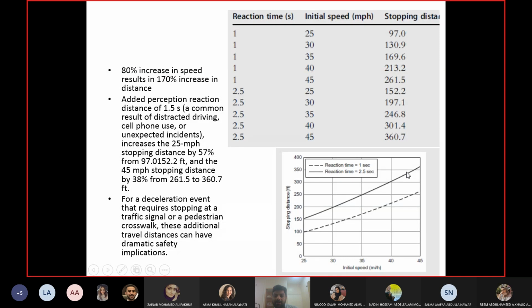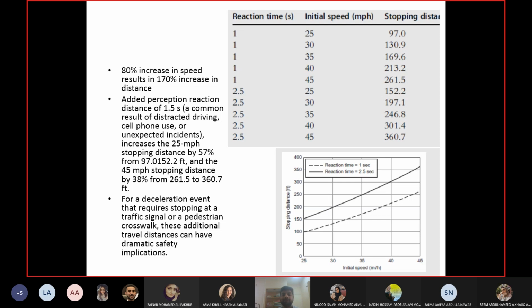Okay, so if I keep on plotting these graphs, both these lines, to higher speed values as well, then you will see that the difference between the two lines will keep on increasing. Here you can see the difference between the two lines is only 50 feet. Okay, and at this point it is more than 100 feet. So with the increase in speed, reaction time will have a higher effect on the total distance to stop. The reaction time has a higher effect on the total distance to stop when the speed is higher.